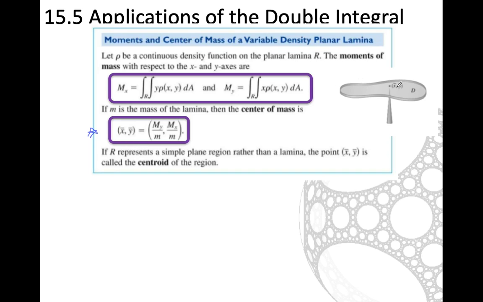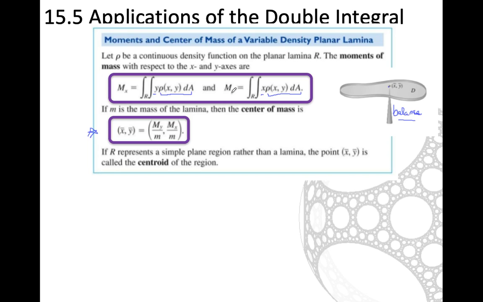So if you think, here's my lambda, here is your average x, average y. That is your balance point. And notice that, for each of these, we have the double integral of the product. Y times mass, x times mass. Please be careful down here with x bar and y bar, right? The x coordinate comes from the moment of y,